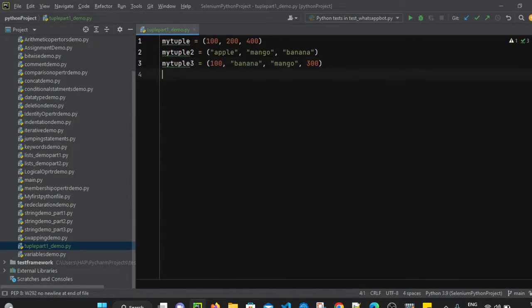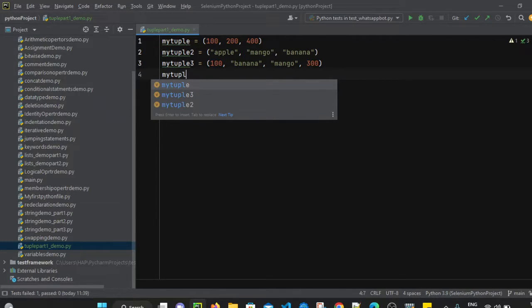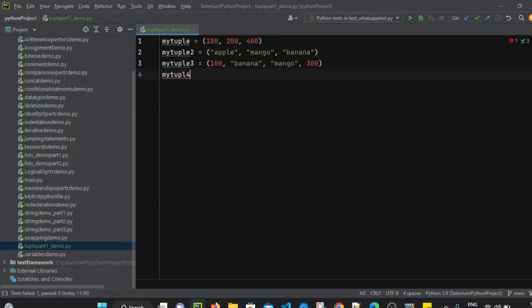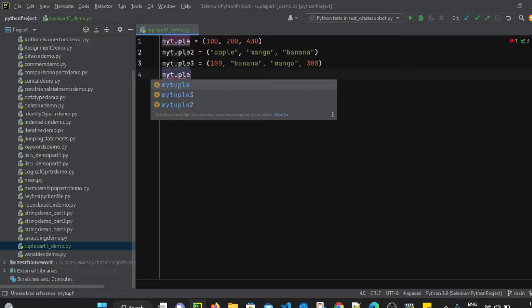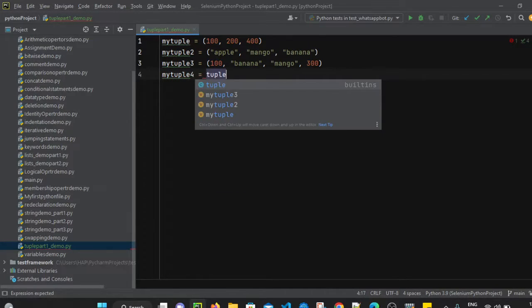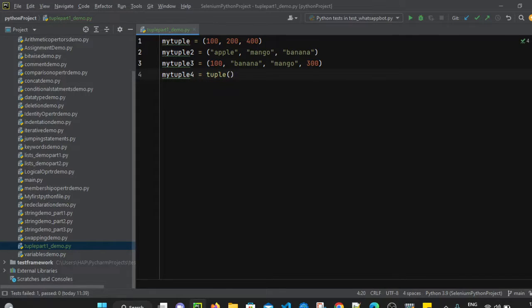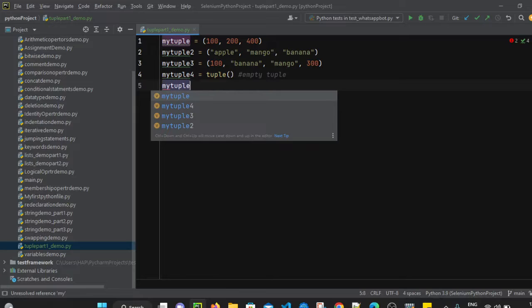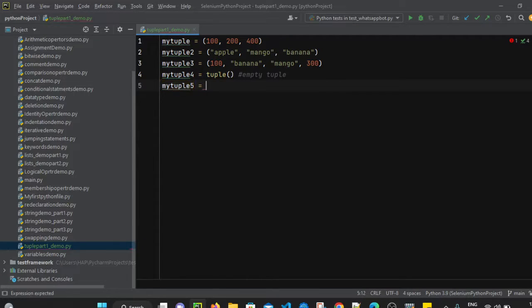And now we can also define an empty tuple. I am going to name it my tuple 4 equals tuple, so it will create an empty tuple. There is one more way we can define an empty tuple by simply mentioning round brackets only. So it will also create an empty tuple.